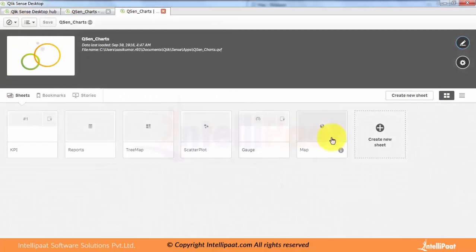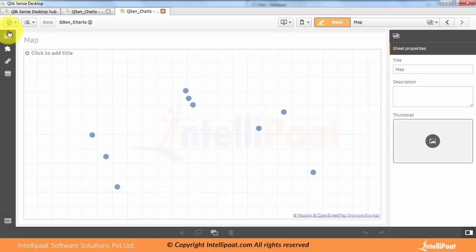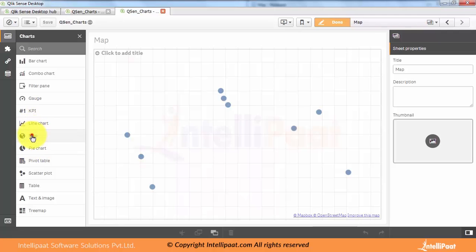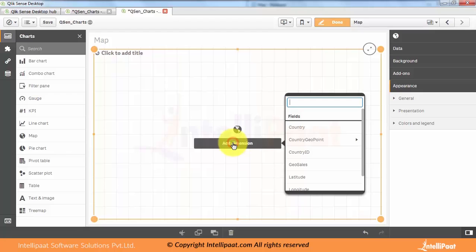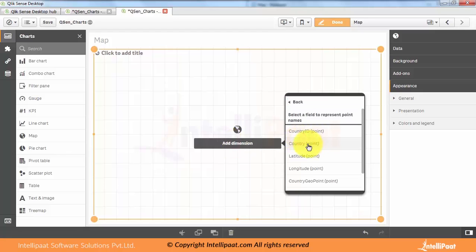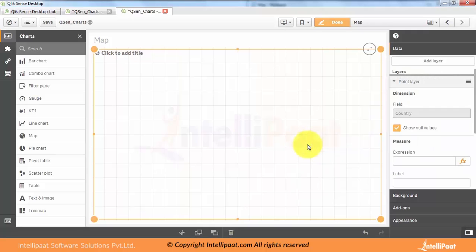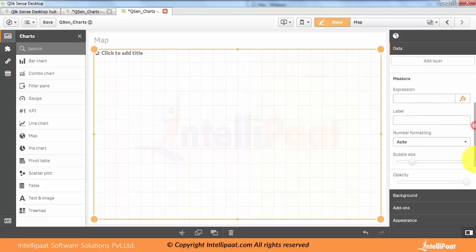And create a new sheet. So already the sheet is there. So edit this and go to the assets panel and drag the map here. So replace with this map, fine. So add this dimension, so country geo point. The first one is the country geo point, and select this country point, right? So this is there, and again you can go and add